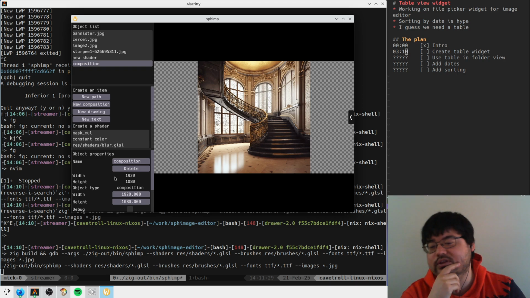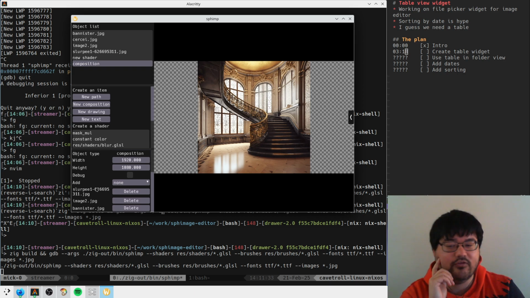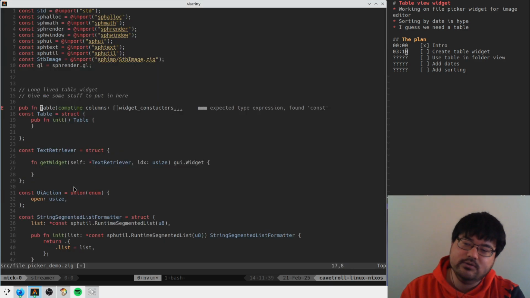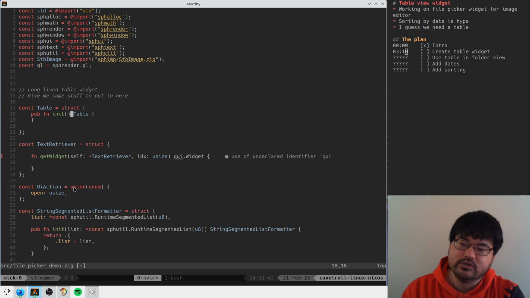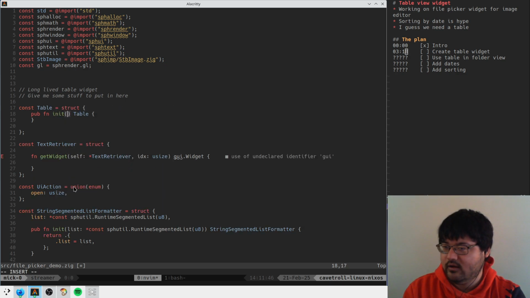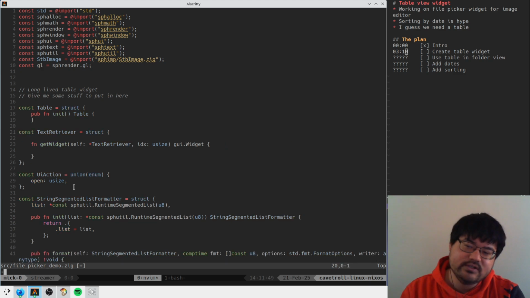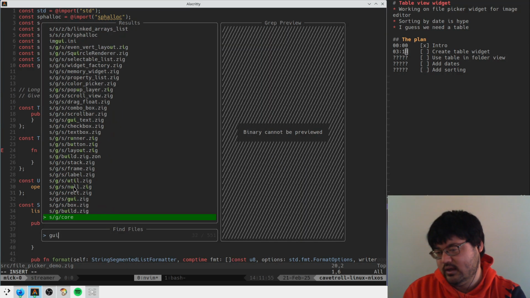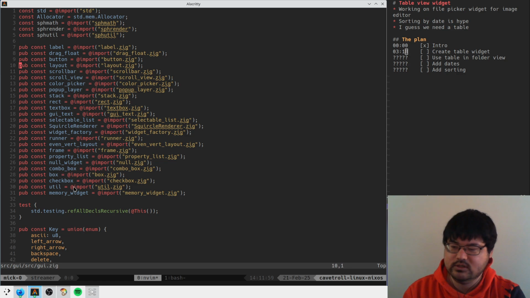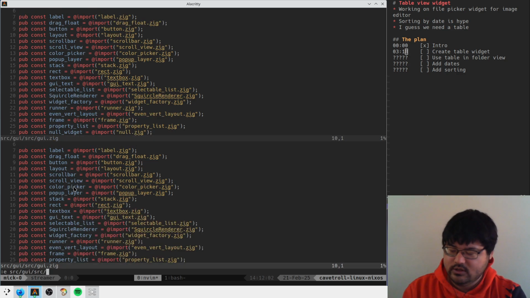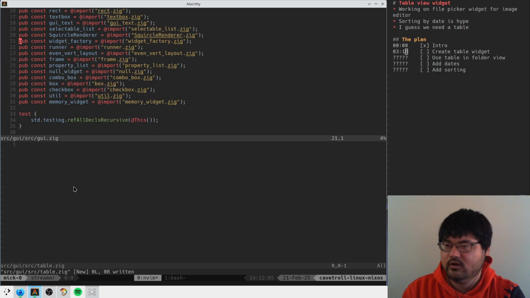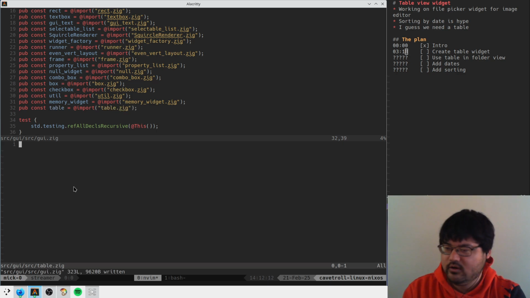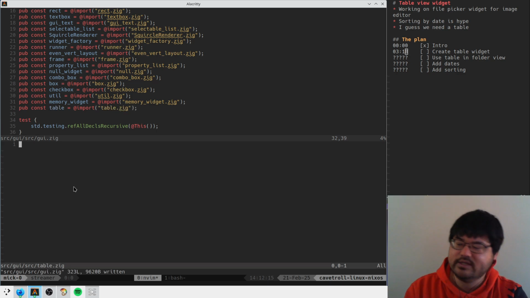And maybe that's the play here for the table widget. That's what we've been doing for everything else. It seems to be fine, and we could run it that way. So let's think about it that way. The table is going to have some structure. This feels like it belongs in the GUI section, right off the bat. So can we look at gui.zig, and in here start adding stuff? So table.zig: pub const table is import table.zig. Okay. And when we initialize this,